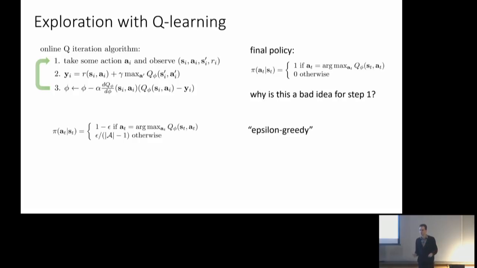Epsilon greedy simply means that usually you're greedy, usually you do this. This is referred to as the greedy strategy. Do the thing that you think is best so far, but with some probability of epsilon, you might do something else. And it's not a very intelligent strategy. It just says with probability of epsilon, just do something else, do anything else. So it just says that with probability of 1 minus epsilon, you take the argmax, and with probability of epsilon divided by the number of remaining actions, you take one of the remaining actions. So uniformly at random, you'll do something else. Doesn't matter what, just something random. So that's the epsilon greedy strategy.